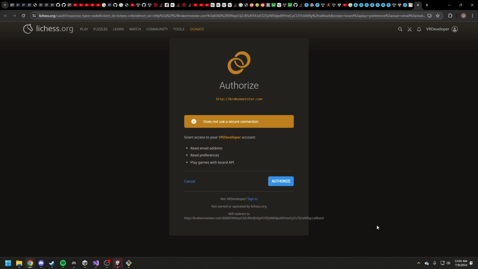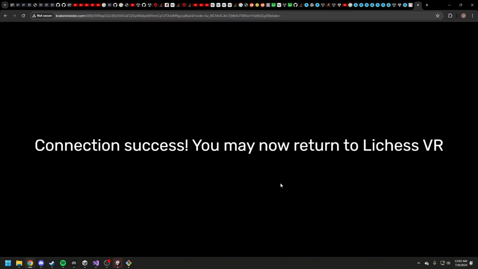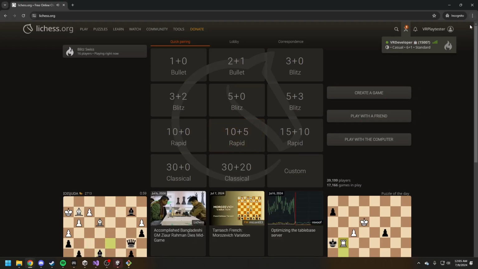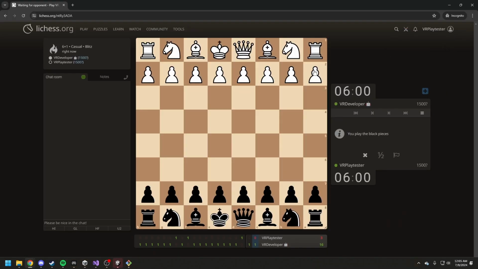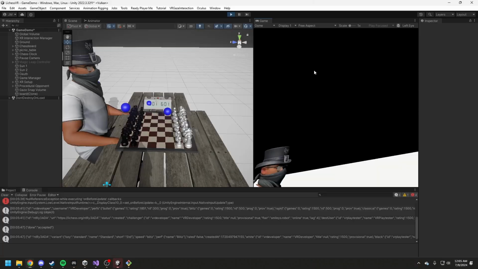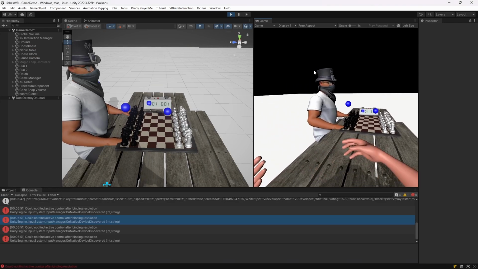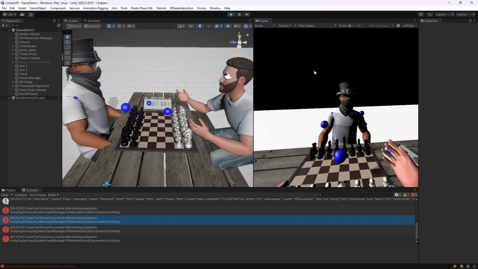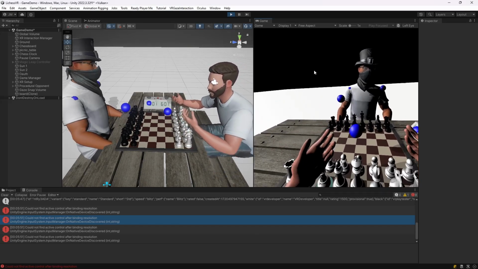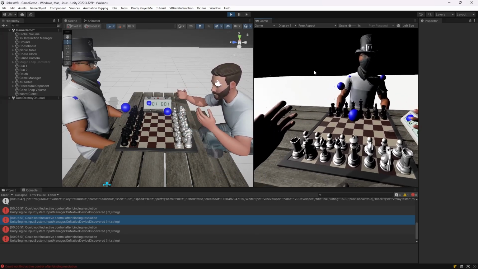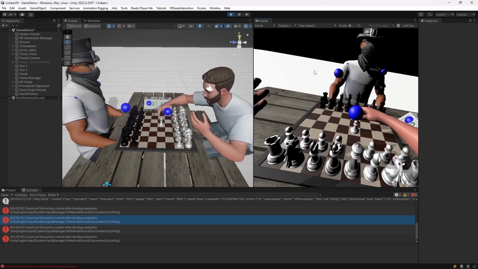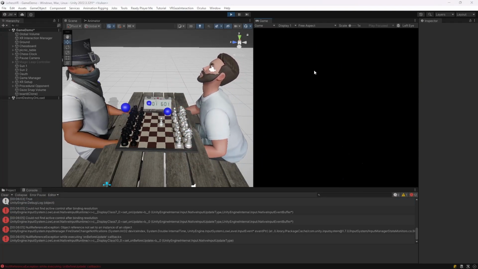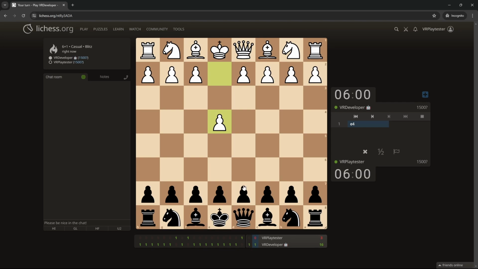So if we go to authorize our game and accept the challenge, we'll now see in the game that we have an opponent. And they move around, again, working on more animations as I can, but right now they just have one sitting idle animation. I make a move, and then when they go to make a move themselves, like this,